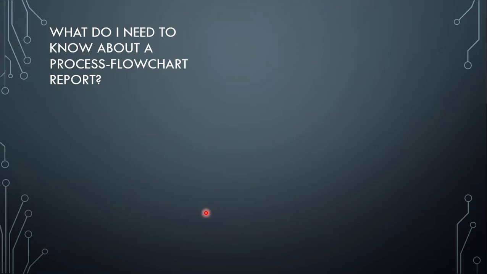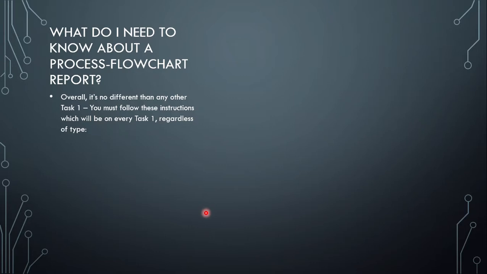All right, now I'm going to do this as a lesson for everybody. What do you need to know about a process flowchart report that's different than other things? Well, one thing that's not different are the band descriptors. And in every part of task achievement, it talks about fulfilling the requirements of the task. Requirements of the task. Does that mean 150 words? Well, yes. But does it mean writing in English? Well, no. I mean, yes. But what it means is